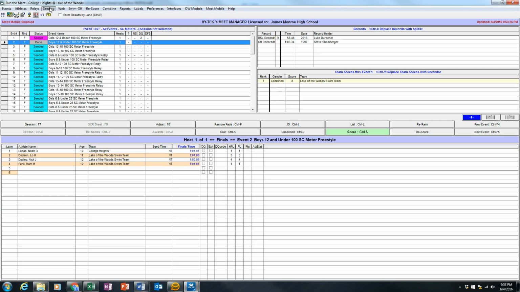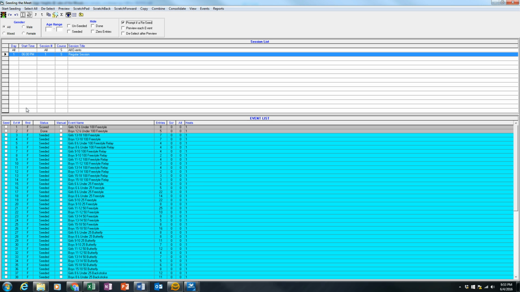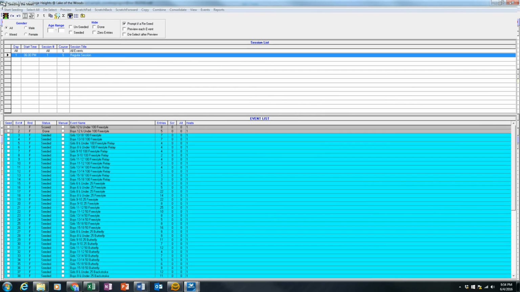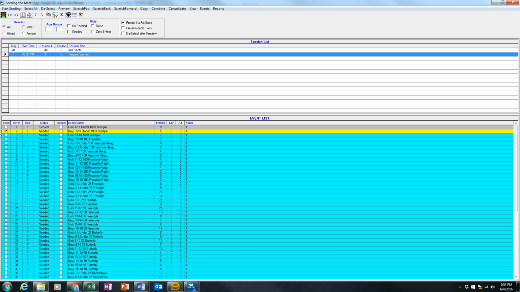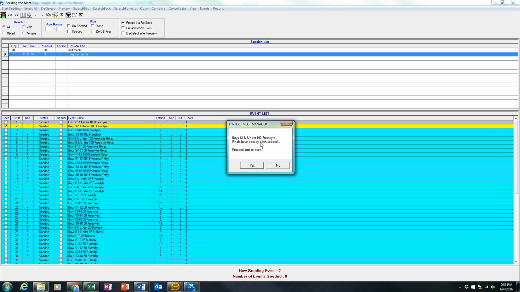So now I'll go to seeding, and this is where instead of clicking select all, I only want to select the event I want to reseed. But it won't let me do that, and the reason is because this says done. After you put the time in for all the athletes, it won't let you reseed an event. So the trick is to put all the times in except for one, and then if you try to seed, you'll see it's available for us to select, and we can do this. We'll get a warning that it's already been seeded, and then we'll hit yes,